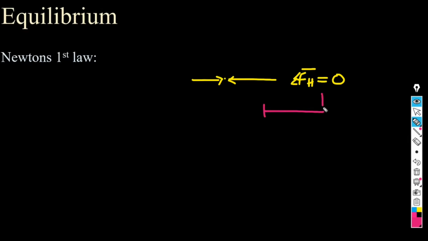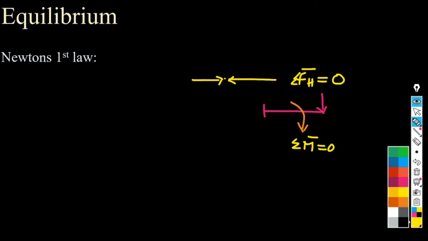On the other hand, if I take the rigid body, apart from the push and pull, the force can also rotate the rigid body. The strength of a force to rotate the rigid body is known as the moment or a torque. In case of a rigid body, to ensure the equilibrium of the rigid body, apart from the force equilibrium, we also need the moment equilibrium. Summation of forces should be equal to 0,